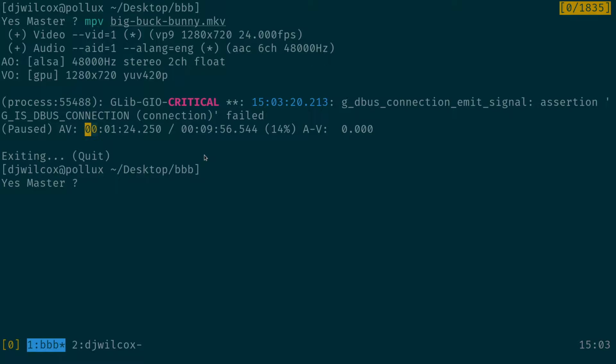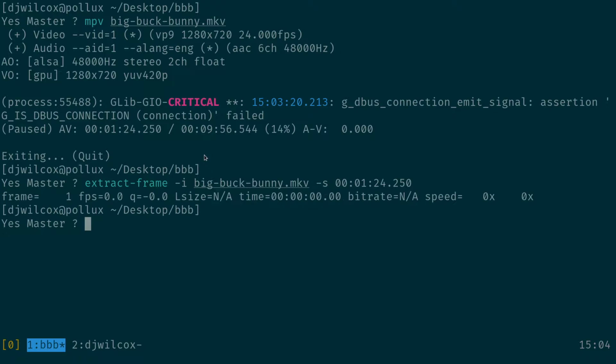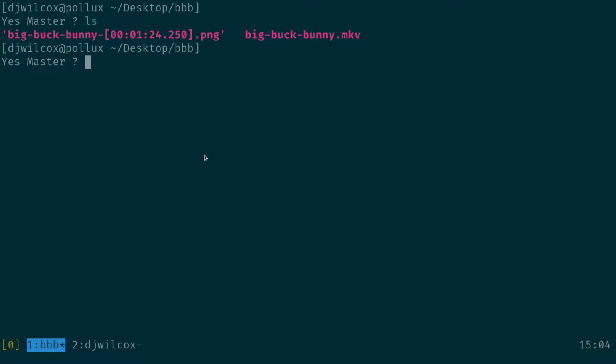Grab that. Extract frame, input Big Buck Bunny, start that. There we go. So you can see here the frame has been extracted at that time point, and it's got the time code in the output file name, so you can see exactly where that